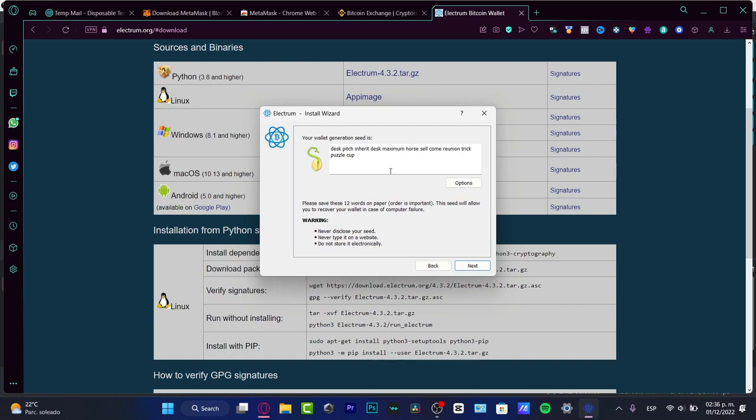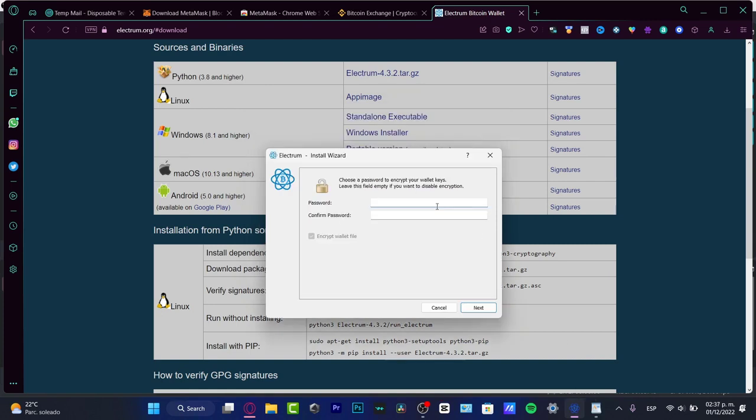It's really important to copy those for yourself and paste that somewhere. So I'm going to select all of my words and I'm going to paste those. Once you are successfully done here with your 12 words, you want to create a passcode to encrypt your wallet keys, and this is going to be helping us to sign in next time we want to enter inside this